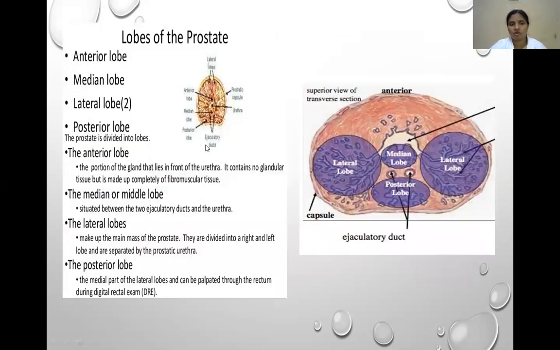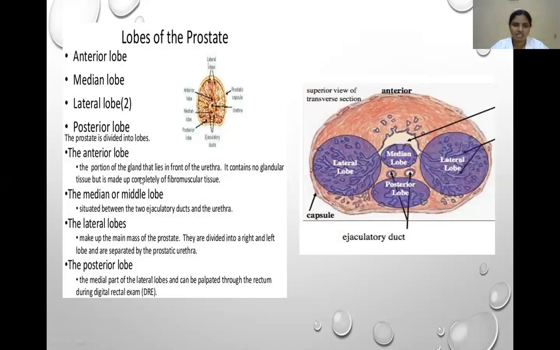What are the lobes of the prostate gland? If you take a section, you can identify the lobes of the prostate gland. Altogether you see one anterior lobe, then a medial lobe, two lateral lobes and a posterior lobe. Actually, anatomically we have only 3 lobes, but physiologically it is divided into 5 lobes. Because here the posterior lobe is a continuation of the 2 lateral lobes. So a continuation: lateral lobe, posterior lobe and lateral lobe. This represents the posterior lobe of the prostate gland.